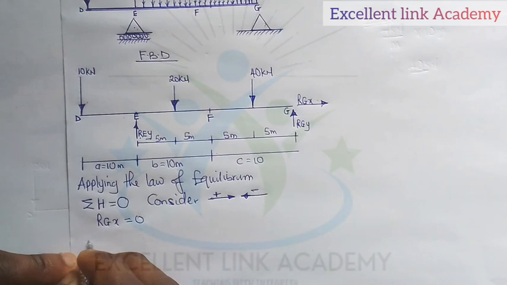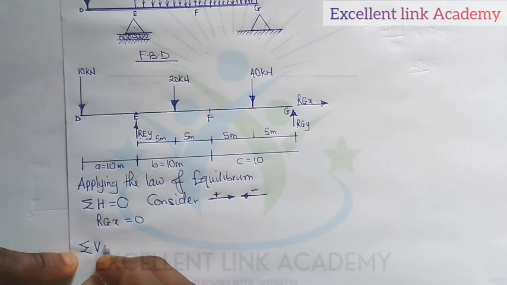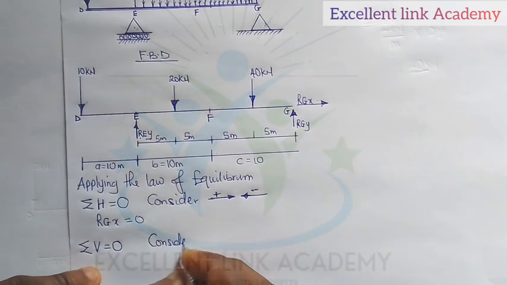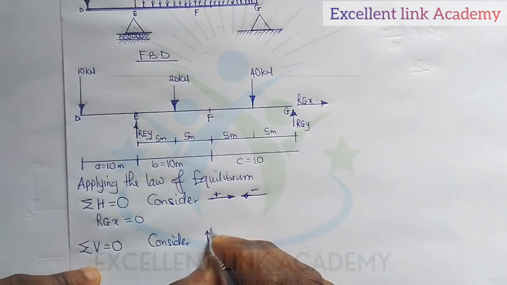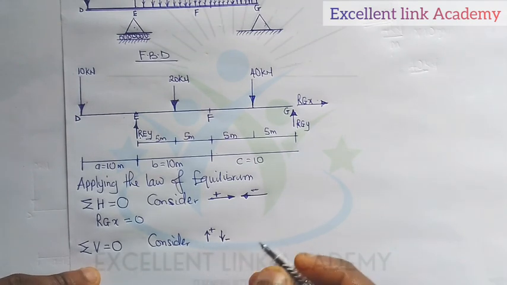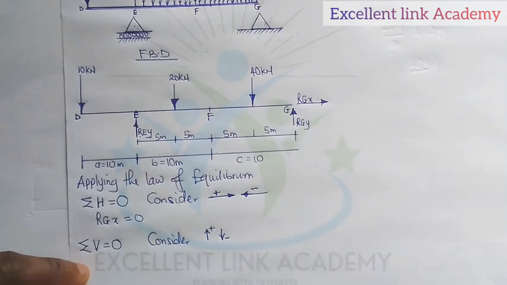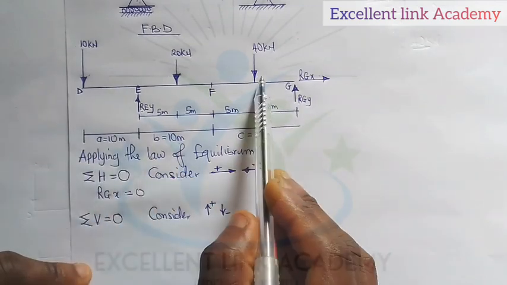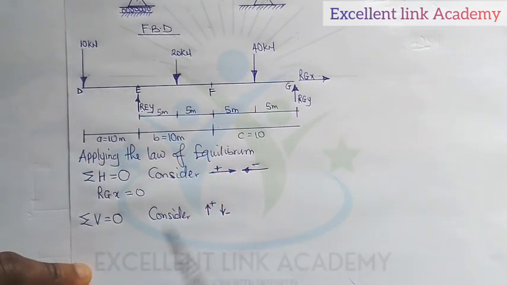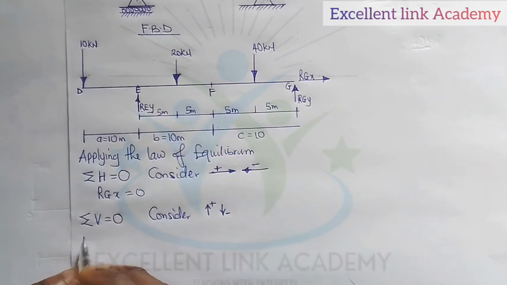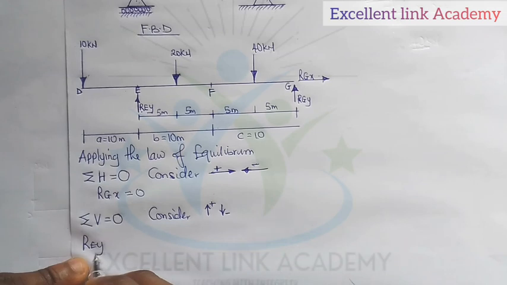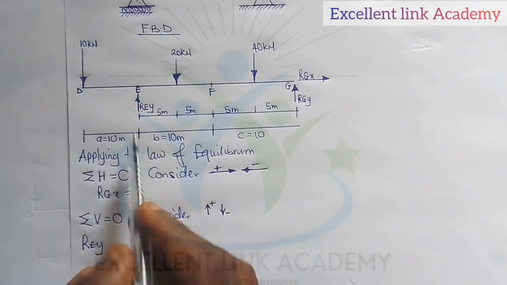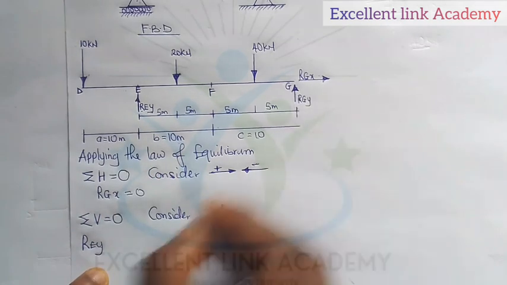The second law says the summation of vertical components must be equal to 0. So consider upward force to be positive, and downward force to be negative. So note this, please. Now, I'm considering all the vertical components here. I'm having 1, 2, 3, 4, 5 vertical components. Let's start with this, REY, which is the first one. Going upward is positive. We said upward force should be positive, so this is going upward, is positive. This is upward too, so that becomes plus